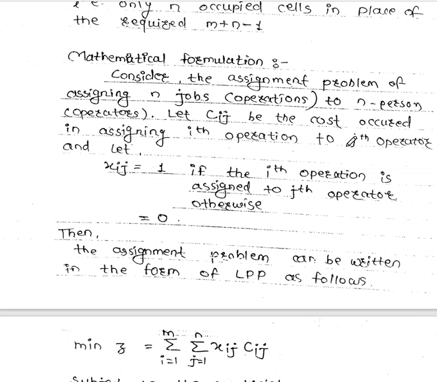Let Cij be the cost incurred in assigning the ith operation to the jth operator, and xij equals 1 if the ith operation is assigned to the jth operator, and otherwise equals 0. Then the assignment problem can also be written in the form of an LPP,